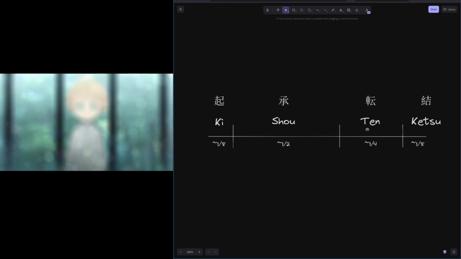Because twist has the implication of a Western kind of twist, like in a Western work, but Ten doesn't have to be like this. It can be just a different perspective, but not necessarily a surprise kind of twist. Okay, so we have Ten, and then the last one is Ketsu. Ketsu means resolution. So you're probably familiar, if you come here from a Western background, with the 3-act structure, where